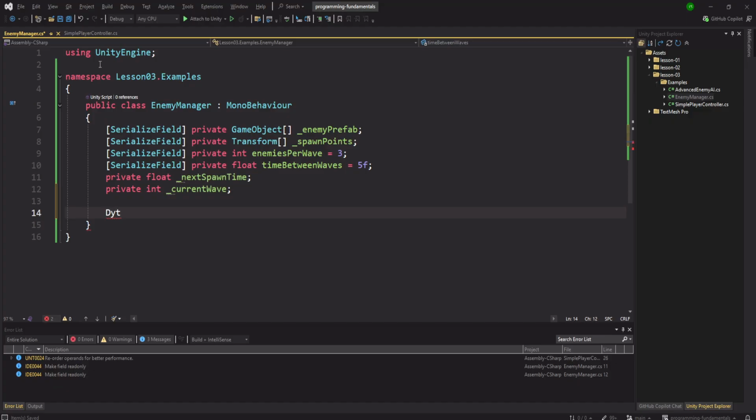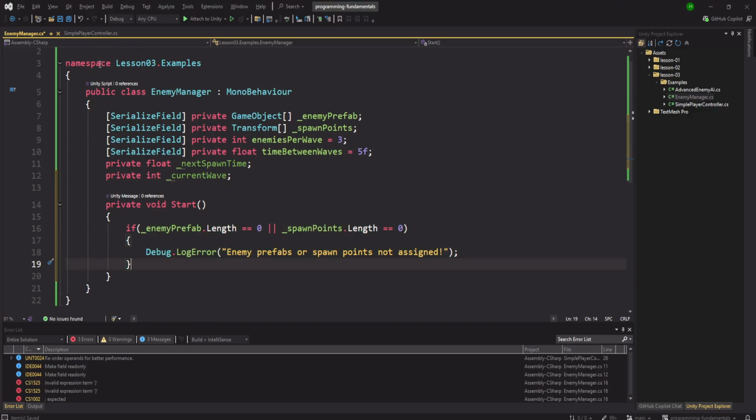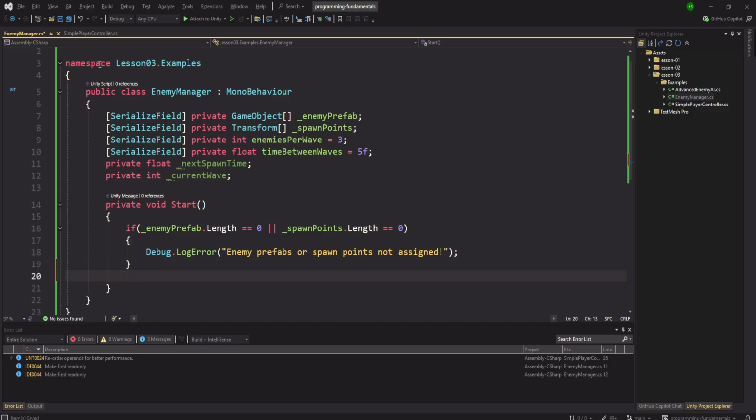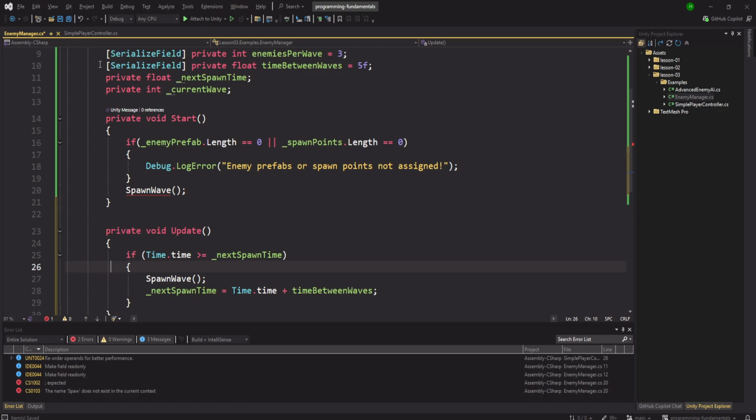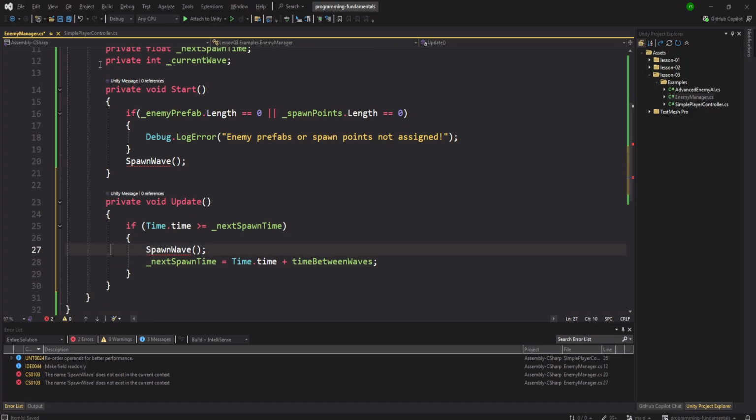Inside our Start, if enemy prefab is not attached, we will spawn a wave. If time is greater than next spawn time, spawn wave, Debug.Log. Next spawn time is equal to